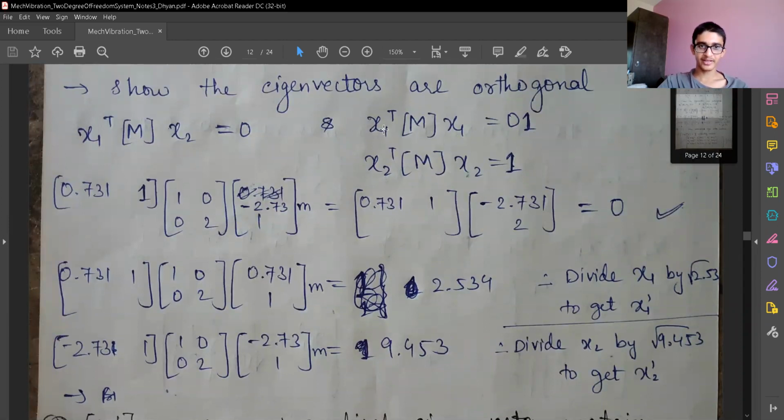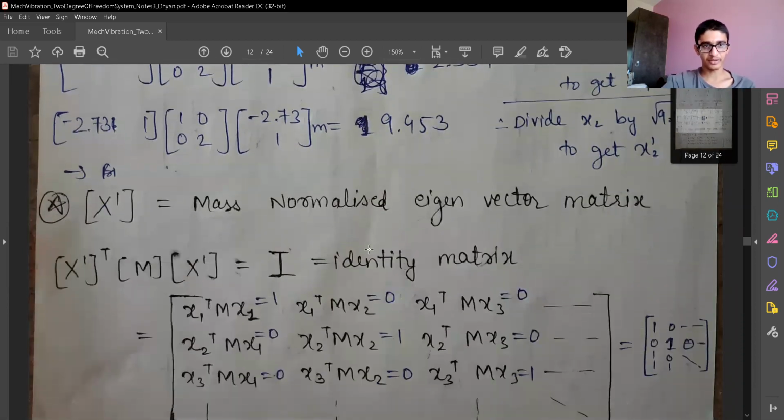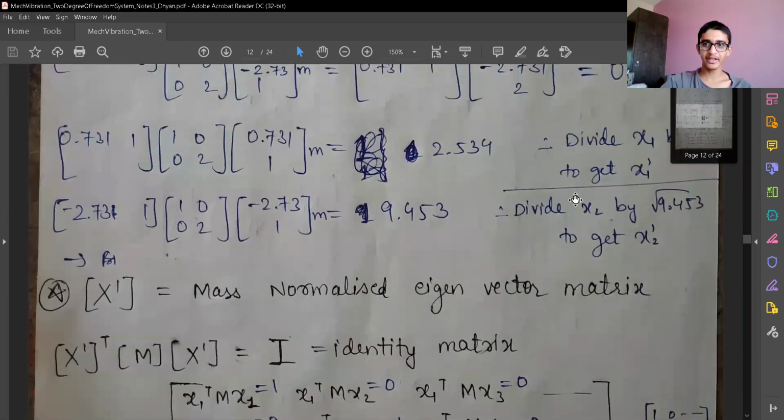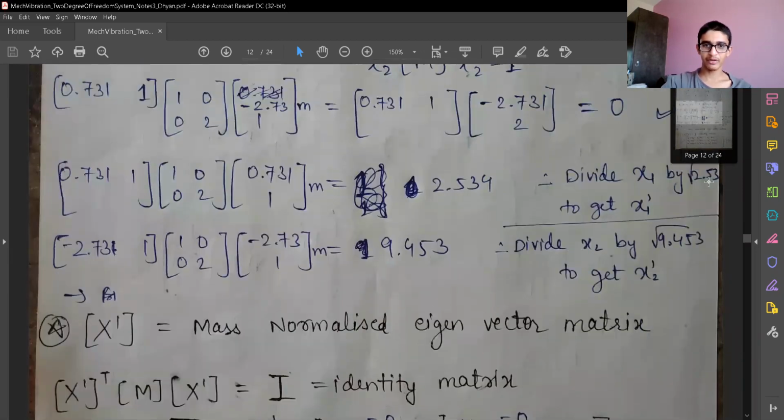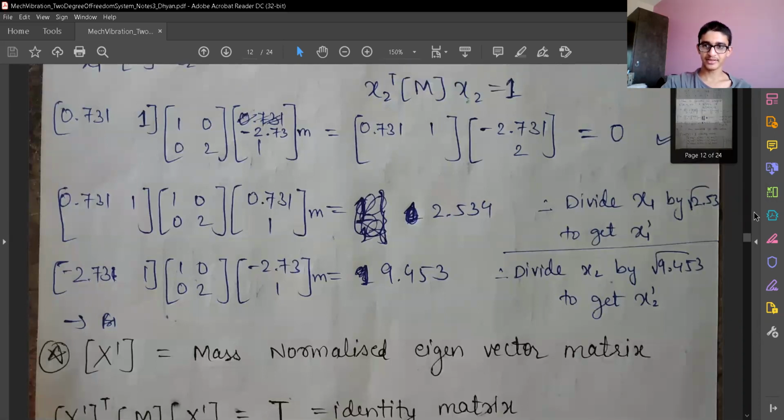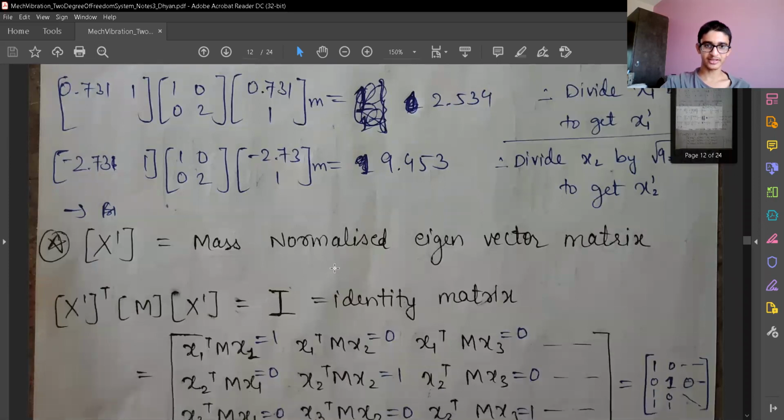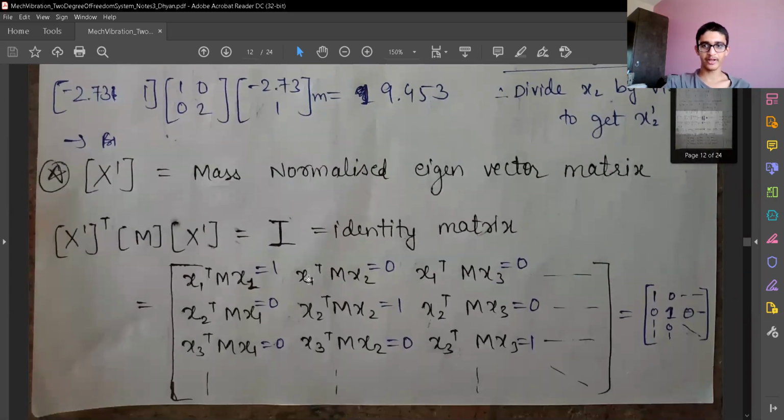And when we replace xi by xi dash, we'll get the value 1 directly. This is very logical. We are just dividing two times by the square root of the number, so we'll get 1 over here, because this will be divided by this. This is also divided by this. The denominator will be the square of the square root. So we'll just cancel these two terms directly. So it need not be proved again and again.